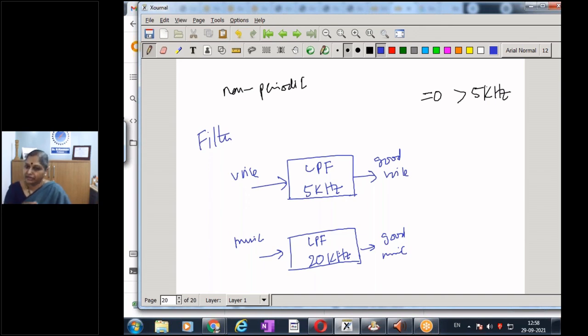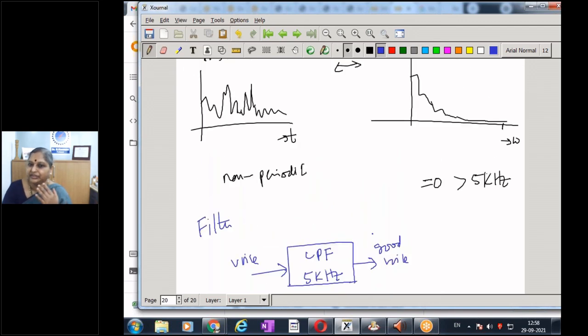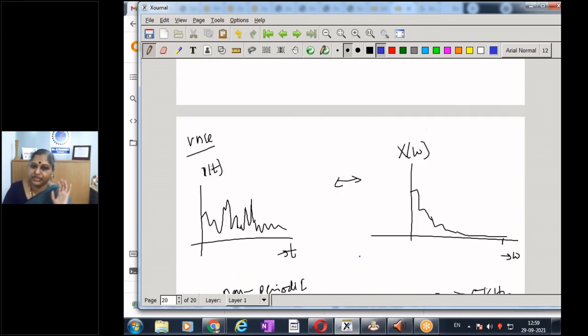So yeah, the tabla is a low frequency instrument. If you take your violin or your guitar, they are high frequency instruments. And how do we know all this? Only if you do the Fourier transform. If I record the music and do the Fourier transform of that, I can see the spectrum, then I can accordingly design any filter. And sometimes you will have electrical power noise, the 50 hertz frequency, creating some interference in the signal, then I can remove that particular frequency. So that is about Fourier transform.